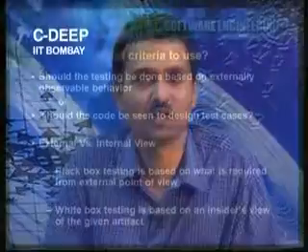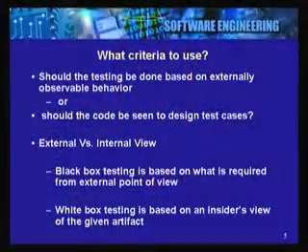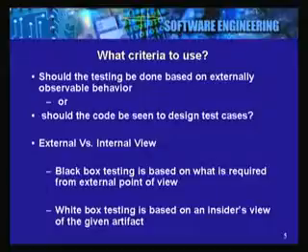So let's look at the first question. What criteria should we use? Should the testing be done based on external behavior, that is, based on the externally observable behavior of the software, or should one see the code to design the test cases? For example, we saw the use case based test plan, where we looked only at what is observable from outside and designed a test case based on that. But then should we not look into the actual code, the statements, the structure of the code, and design the test cases? So this is an important question